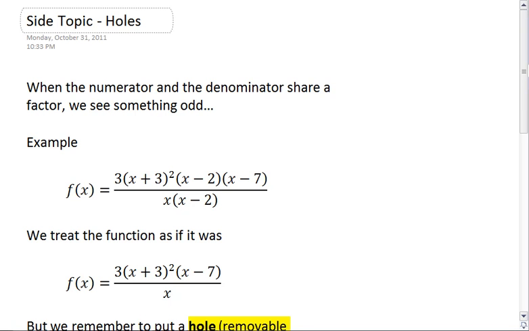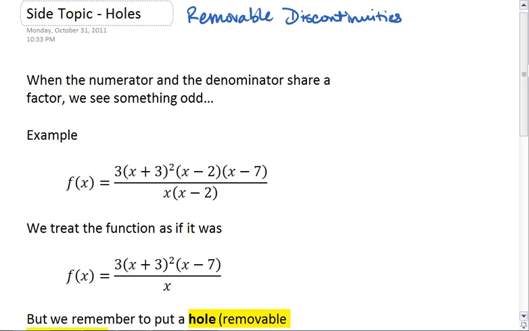We are going to look at the side topic of holes, which are also called removable discontinuities. Basically, we'll have a graph that looks like we just took one point out of it. What we see, and we're going to connect this with our topic of rational functions, is that when the numerator and the denominator share a factor,